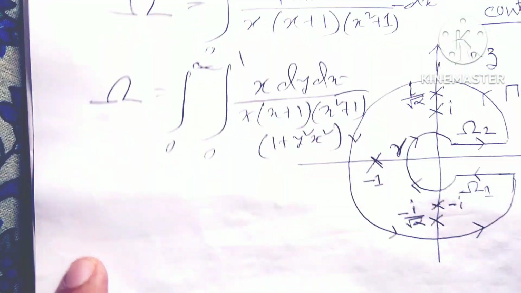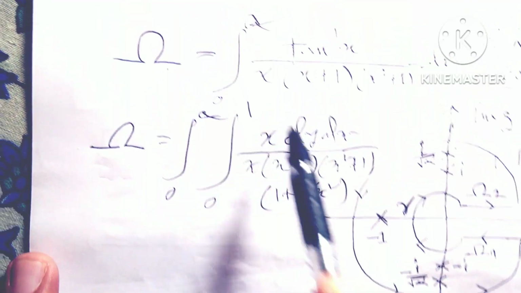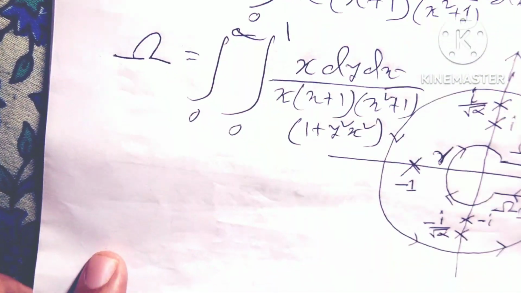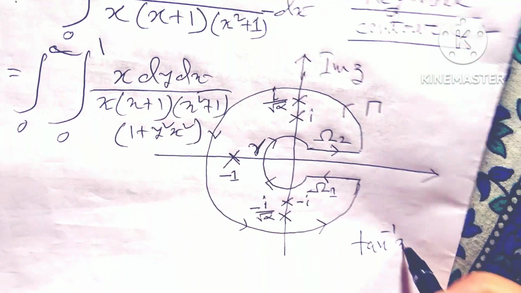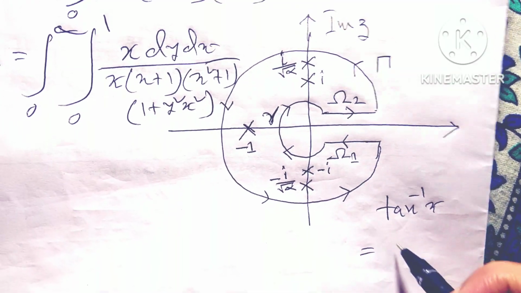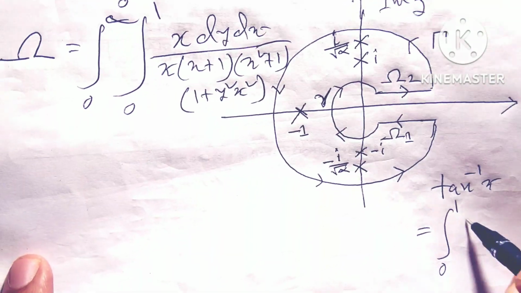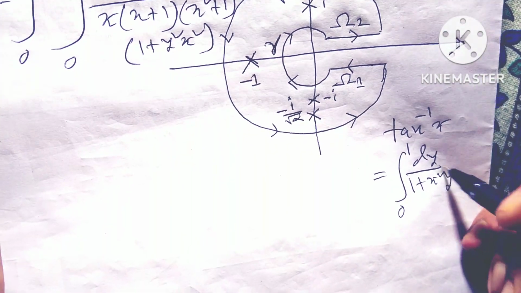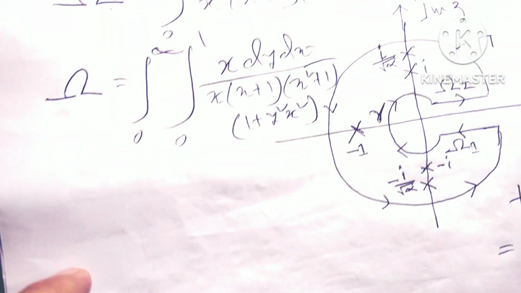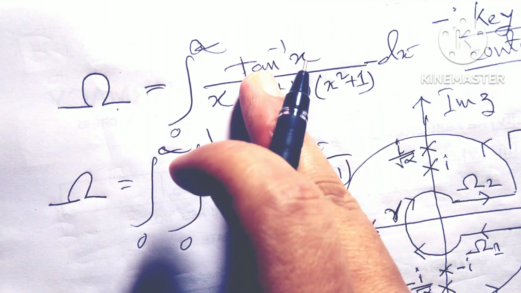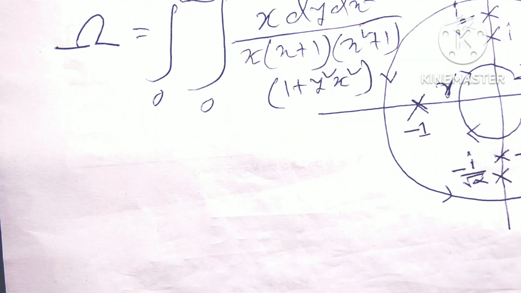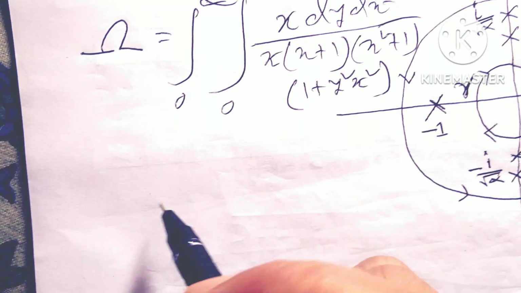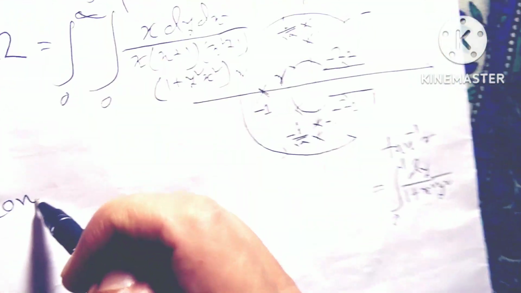So friends, you must remember that tan inverse x can be written as 0 to 1 dy divided by 1 plus x square y square. So we can get this result: the tan inverse x result is this. Now friends, consider the function